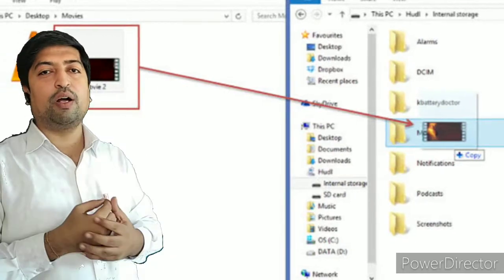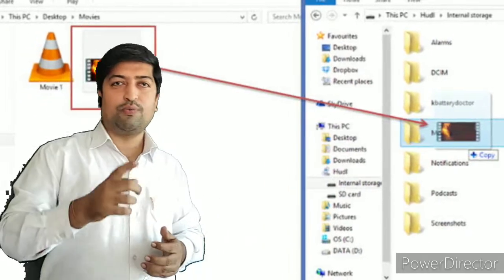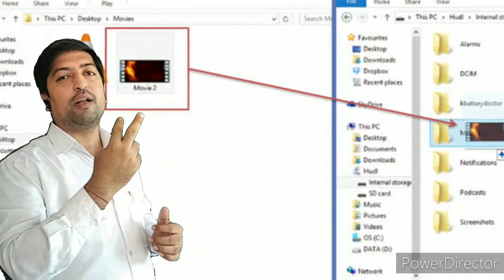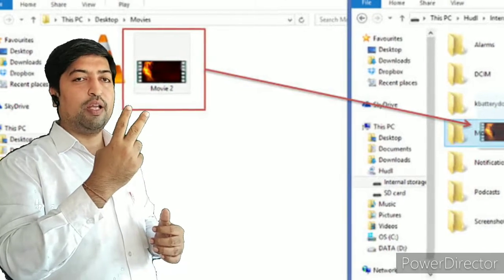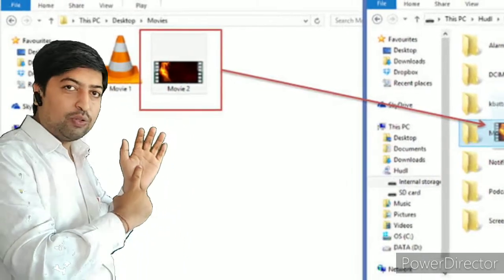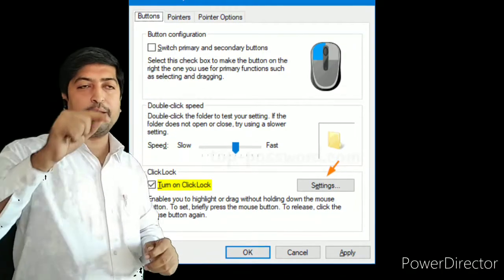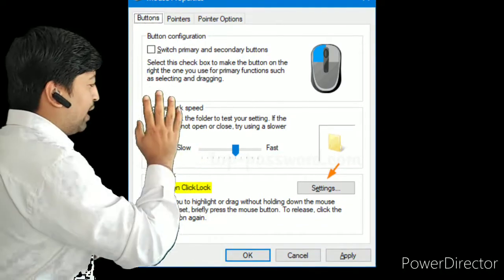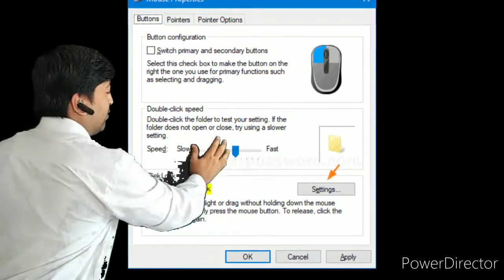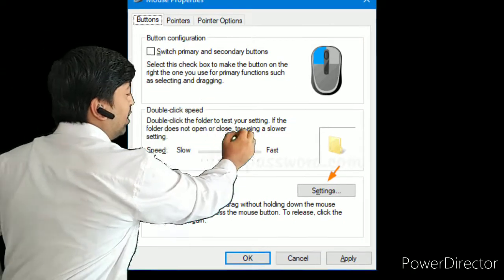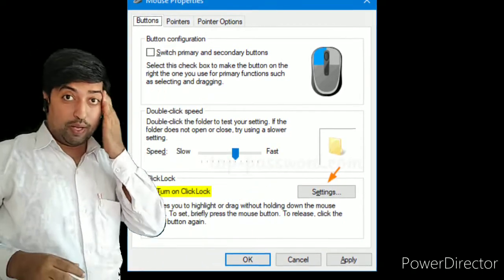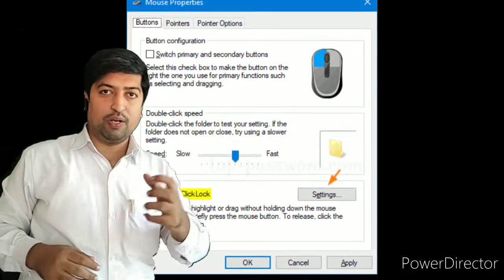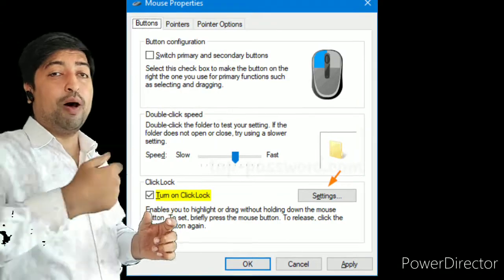After clicking over the folder, you should not lift your finger from the mouse. Only click over the mouse where your folder or file is available, and by clicking and dragging from one place to another place, we can change the location of our file or folder over the desktop with the help of the mouse.